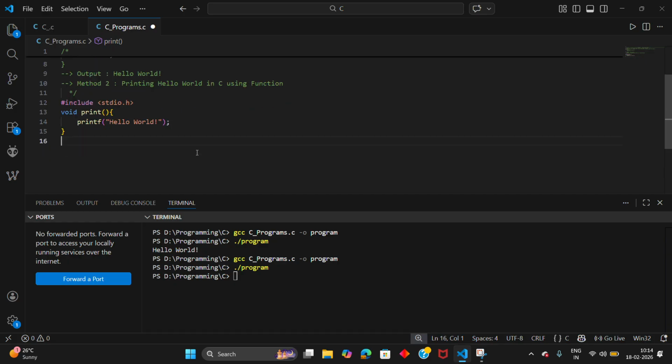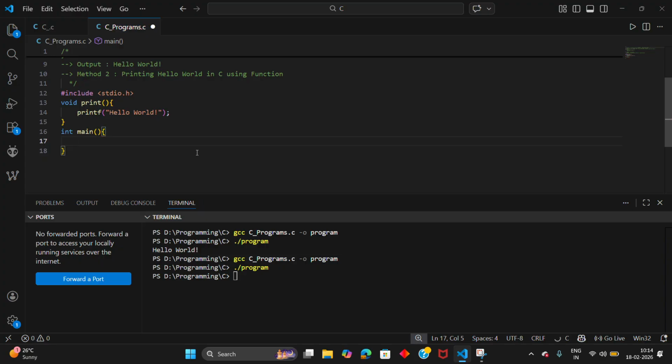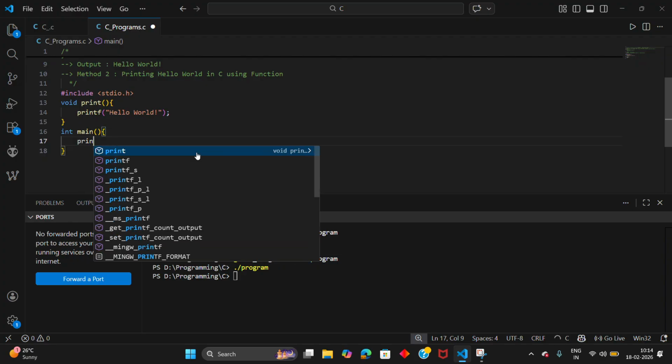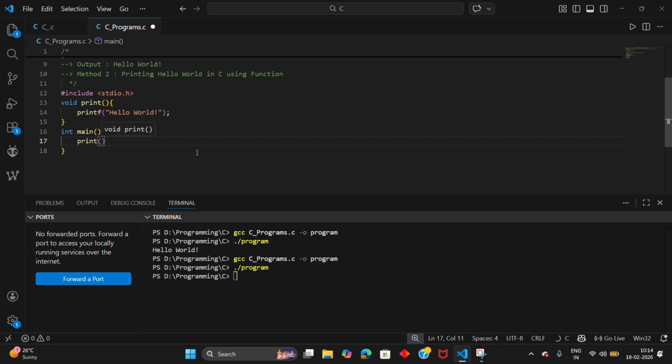Next, I am going to use the main function, int main, and now I am going to call the function print. You call the print function simply by writing print, parentheses, and then a semicolon. Now the function is called, the print function which you wrote above.